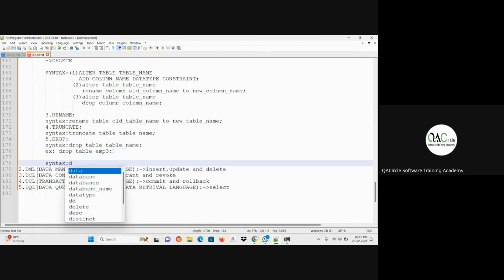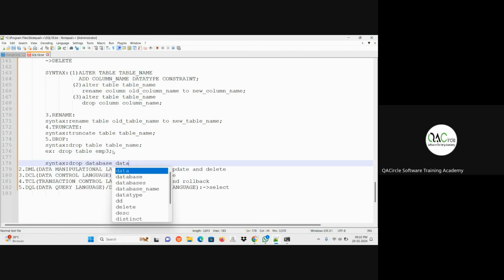Take down this syntax, drop database, then in front of that the database name. This is the command you can use to delete the database.